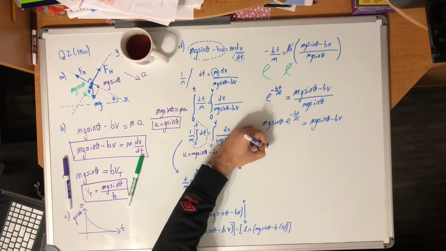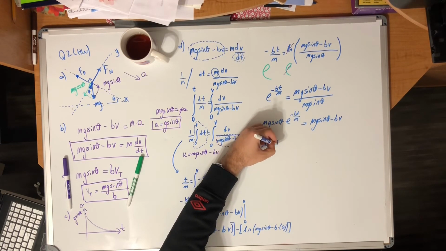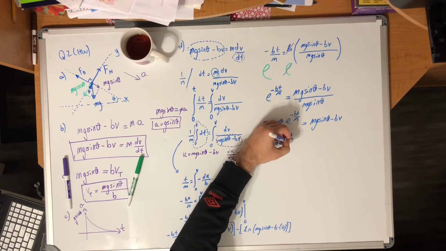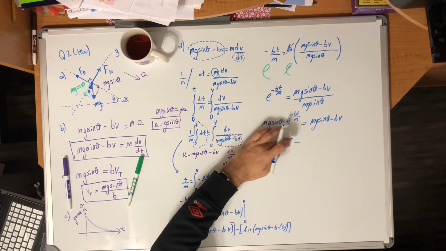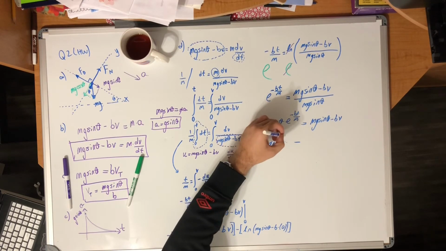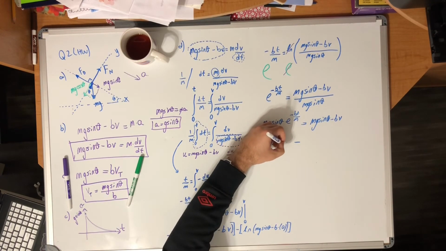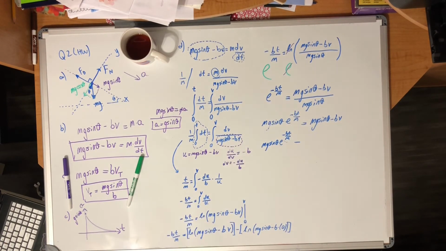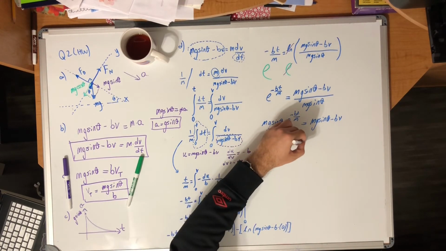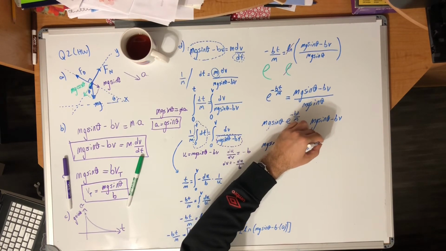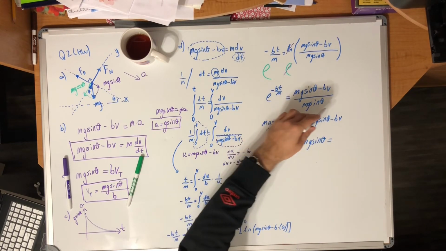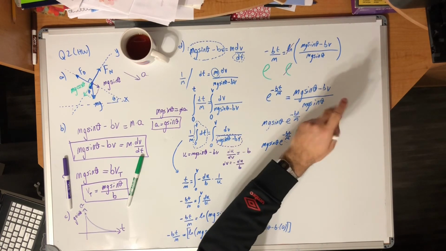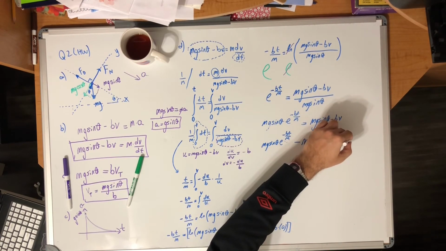So mg sine theta e to the power negative bt over m minus mg sine theta, that got rid, like we subtract mg sine theta, so I cancel that out, is equal to negative